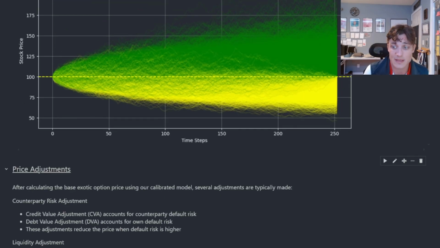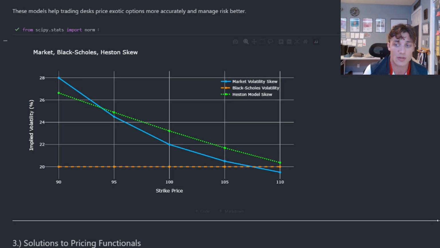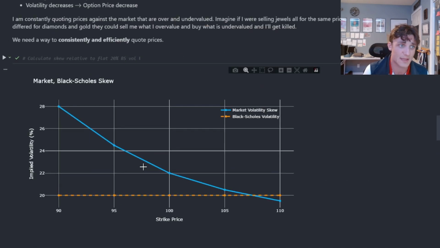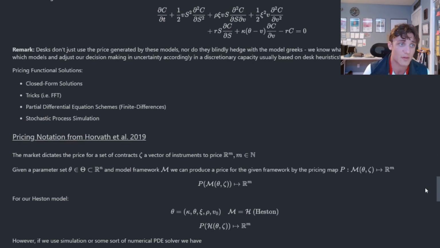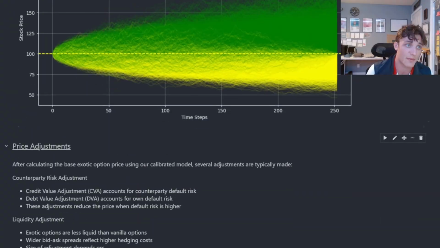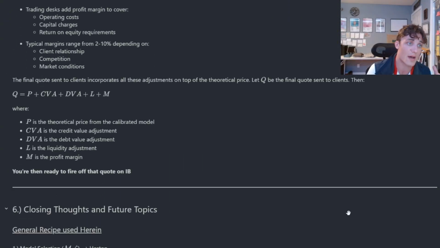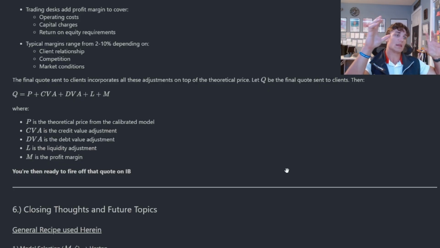And that goes back to the pricing consistency argument. If we're using something like a Black-Scholes framework and we're not producing consistent prices, then that theoretical edge that we should have in the prices we're quoting, there's no way we're going to have it if we're using a model that is producing inconsistent prices. So once we go about selecting a model, fitting it to the market volatility surface after we've decided how